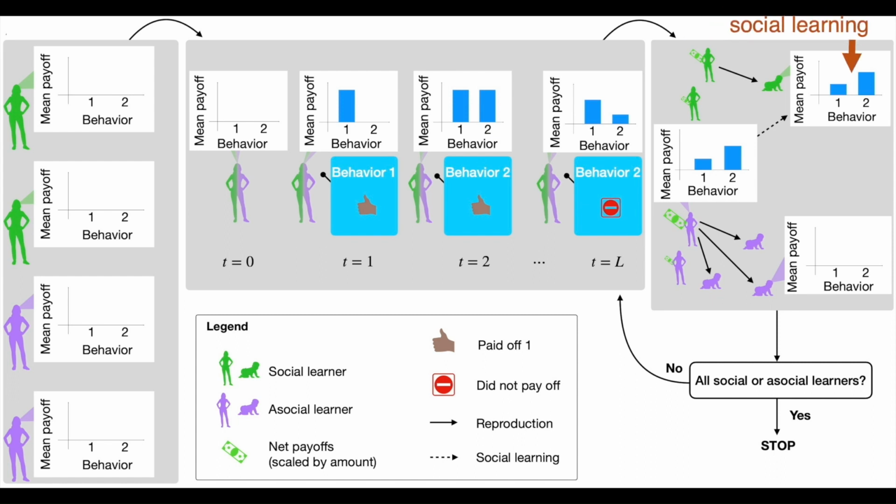The social learner agents incorporate information from others at the beginning of their life by preferentially selecting a successful teacher from the previous generation from whom they learn about expected payoffs. Asocial agents begin life with no knowledge about the expected payoffs. Our primary outcome measure was how frequently all agents evolved to be social learners.